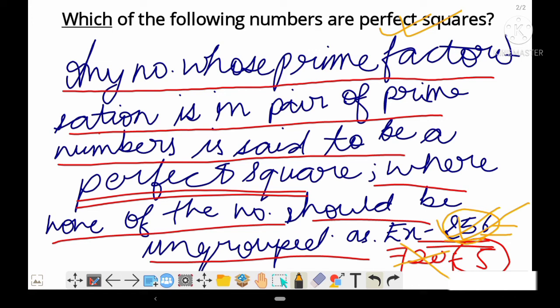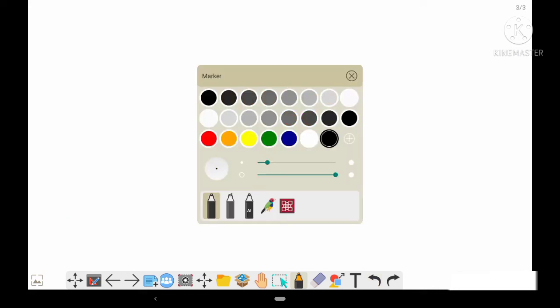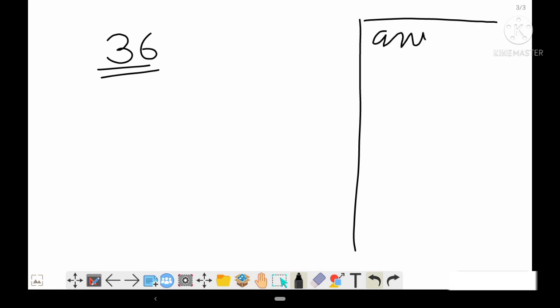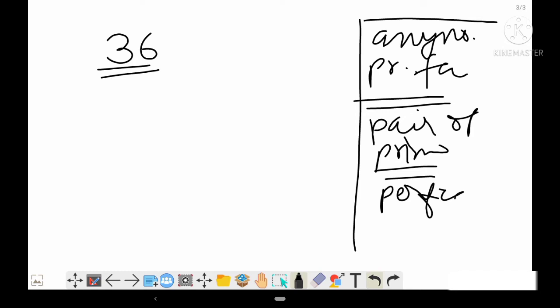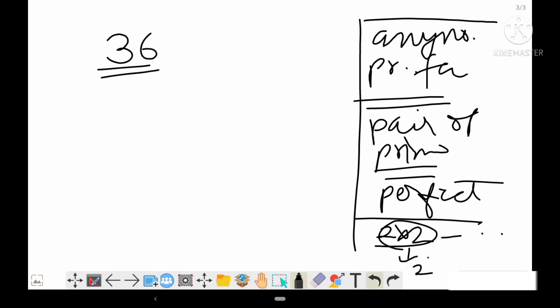And with this you have also learned how to take out the square root, didn't you? Let's see. Like you take 36. Okay, so we saw that any number having prime factorization, or which has the pair of prime numbers, are perfect squares. And when I took common through the 2 into 2, I took common 2, and likewise the same numbers, then we multiply